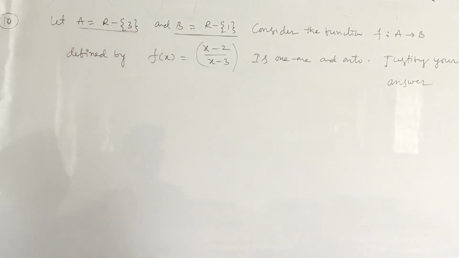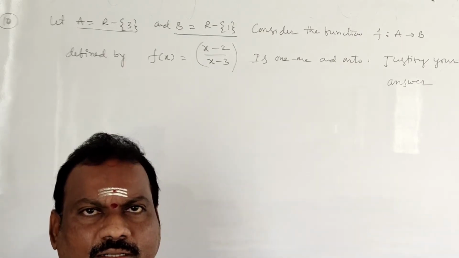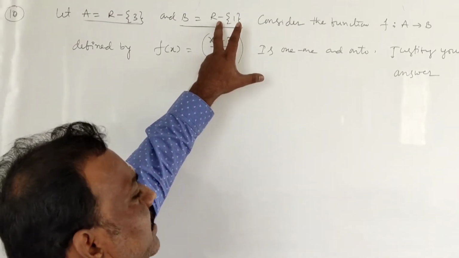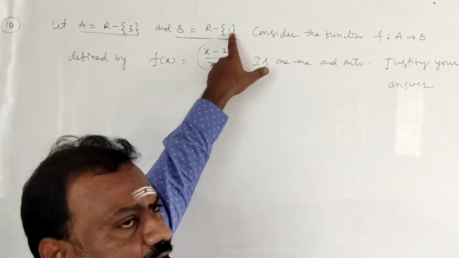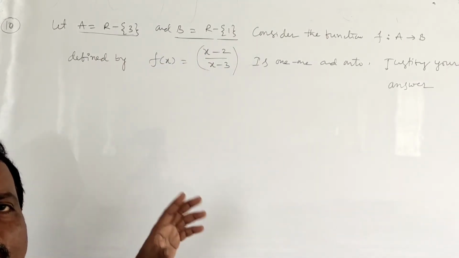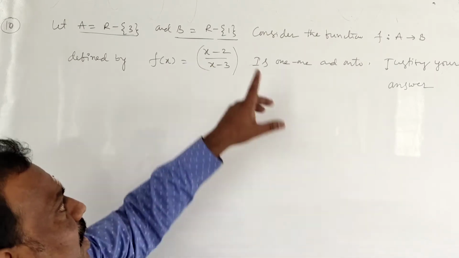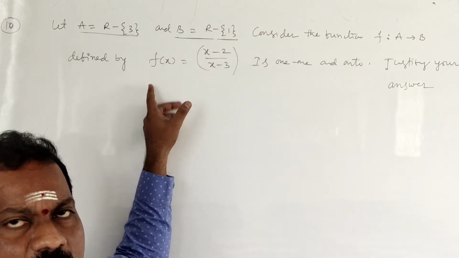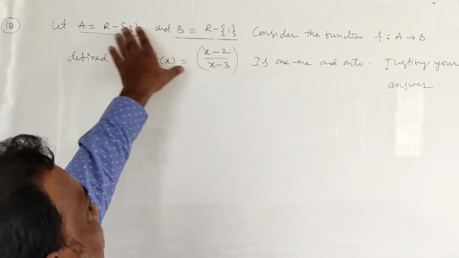If you substitute any number other than 3, you are getting one output. Okay, students, right. Here they are saying that for output 1, we won't get any value. That means not defined will come on x. Output means set B. If you take one element of set B, you don't have the pre-image in set A. That we will see, whether it is there or not. So this is the meaning of this.